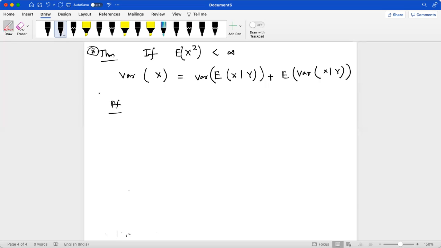But interesting is this. The proof of this is just that. So we are taking, what is the variance? What is the left hand side? What is the right hand side? Right hand side, you know the variance. And what is the variance? Variance is the expectation of that